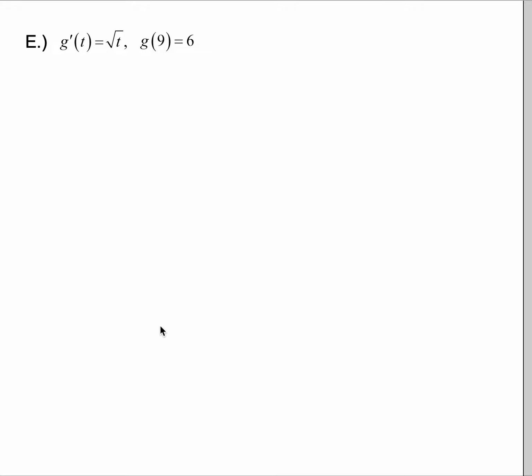Same here. Solve for g of t. Again, the easiest way, express the square root of t as t to the 1/2. That might make it easier for yourself. And your answer should be